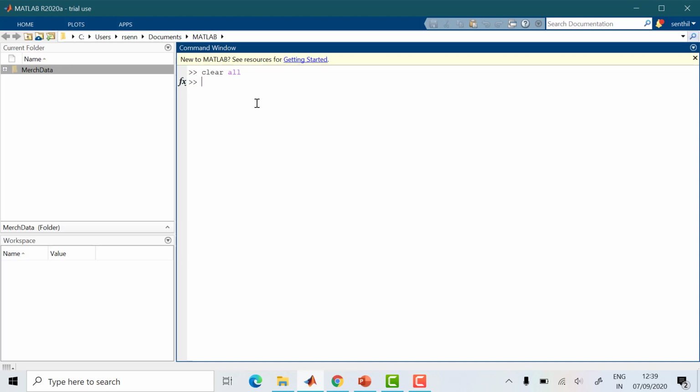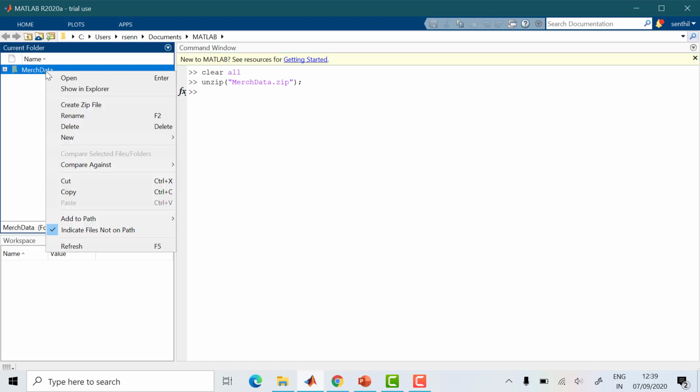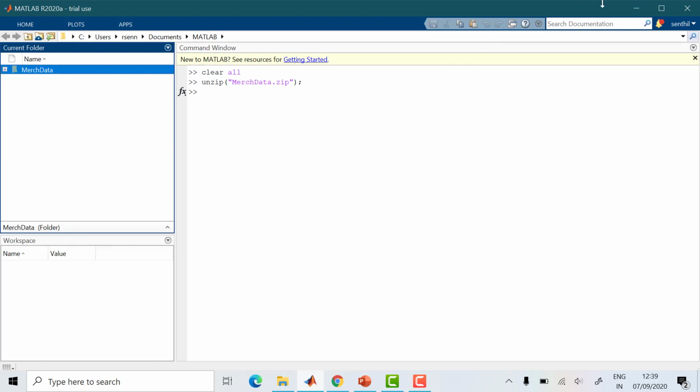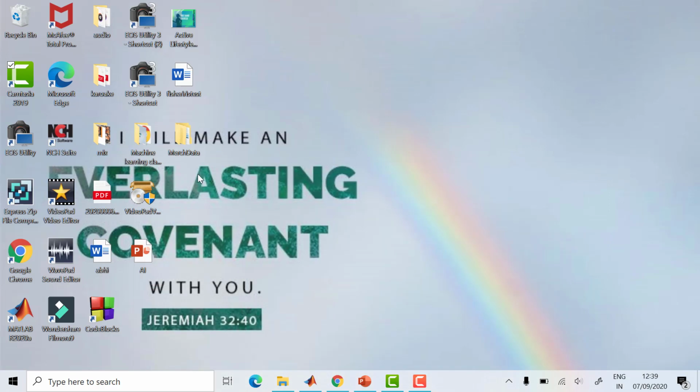For any machine learning or deep learning, we need data. Okay, so now we need images. This is already inbuilt in MATLAB, so I can use that Merck data. I'm just using unzip mercdata.zip. Okay, this is a data file already available with so many images. I'm just going to use this. So I'm just unzipping that and click yes. You will get the Merck data here. Just right click, copy, then close this and you can paste here on the desktop and keep it for you to load.